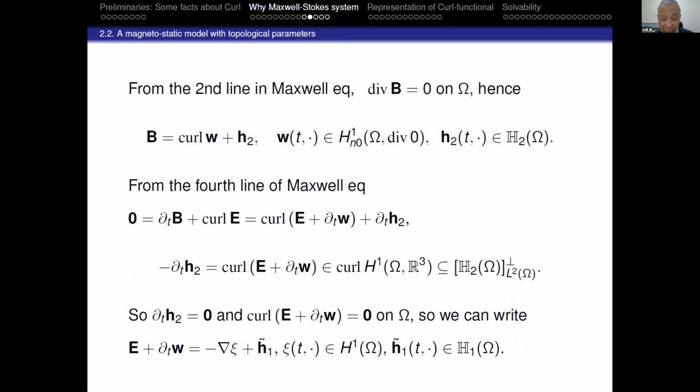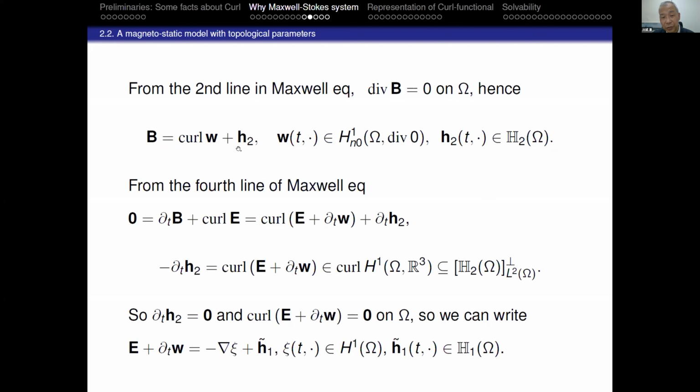Maybe I skip these computations. So we start from the second line in the Maxwell equation, divergence of B equals 0 in omega. So B is in the kernel of divergence, then it can be written as Q of something plus H2. H2 is in the space H2, it is the Dirichlet field. Then plugging back to the first equation, partial T B plus Q of E equals 0, and plugging B equals